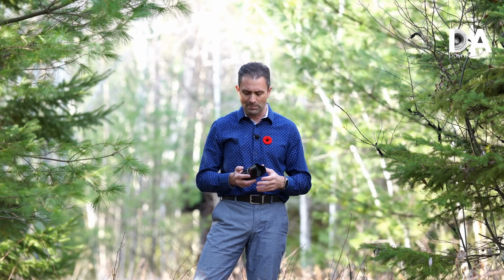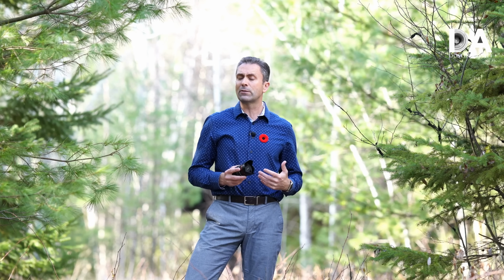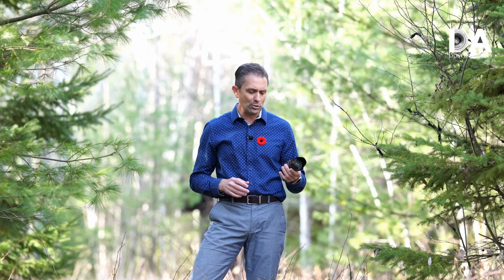So starting with those features, I have been delighted to see, when I started reviewing these lenses, I basically had a couple of complaints and recommendations to Samyang. I wanted to see an AF-MF switch on the barrel, and I wanted to see weather sealing in them. I'm delighted to say that starting with the AF 75mm F1.8, a lens that I really enjoyed, you actually now